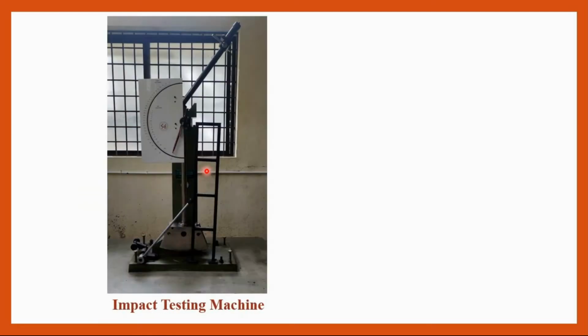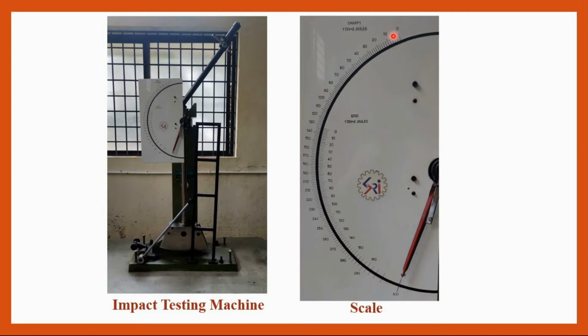Now, this will be the impact testing machine. In that impact testing machine, we have one hammer and a scale, and here it is a pendulum. If you observe the scale in detail, we have two graduations in that. Outside is for the Charpy test and the inside reading is for the Izod test. In the Charpy test it starts from 0, 10, 20 like that, and the maximum will be 300, and for Izod the graduation starts from 0 and the maximum will be 168.